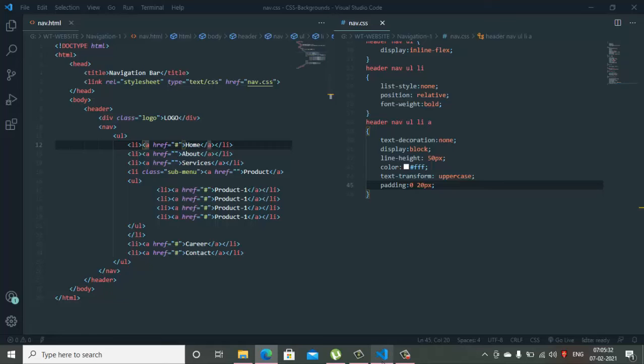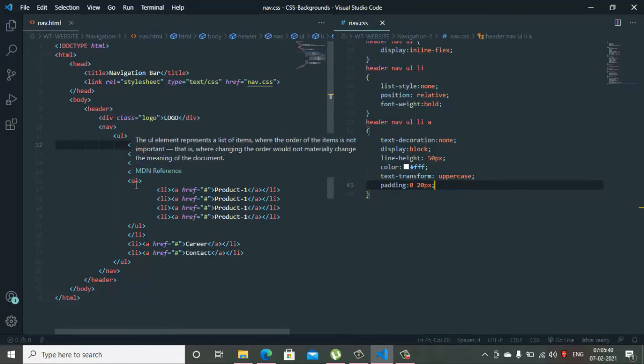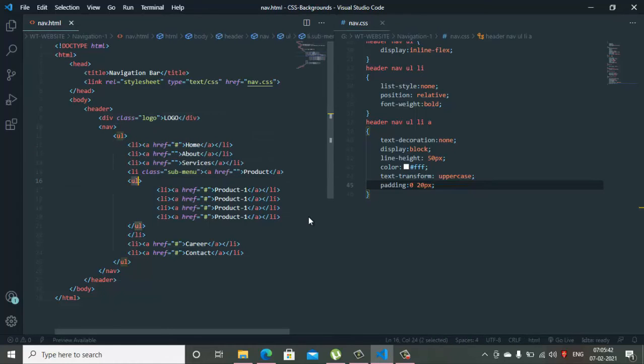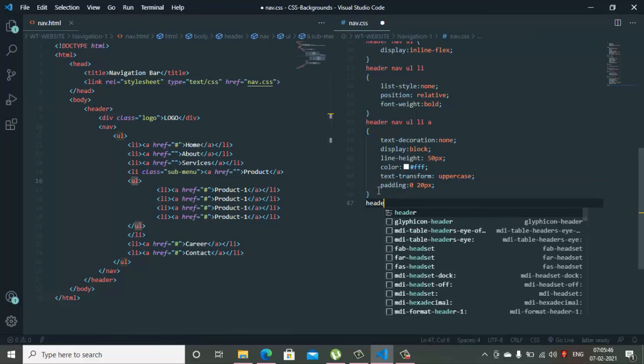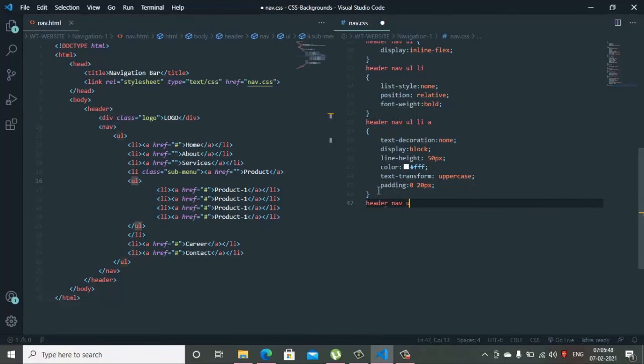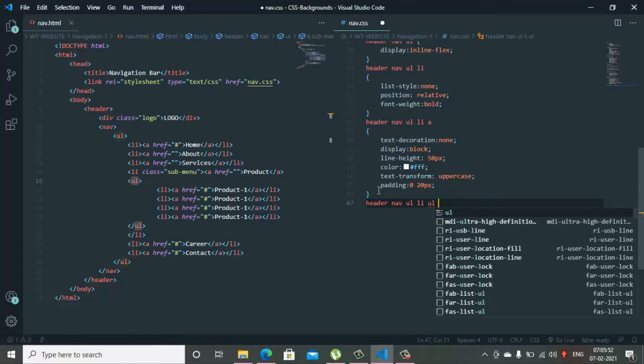Okay, so next we are going for the UL, li, and in li we have also created the UL tag. So we are going for that as header, nav, UL, li and UL. Okay,